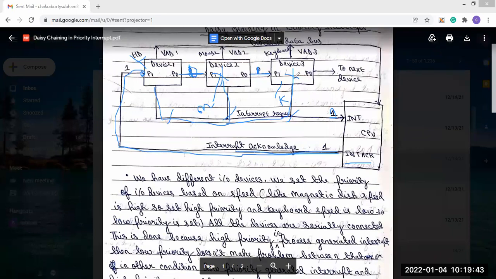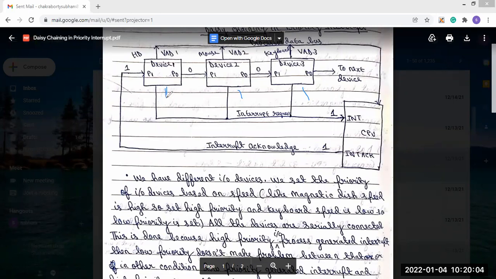Now let's say all of the devices, device 1, device 2, device 3, all of these devices generated the interrupt. Then what will happen? Yes, then also a problem could happen, because all of the devices generated the interrupt.